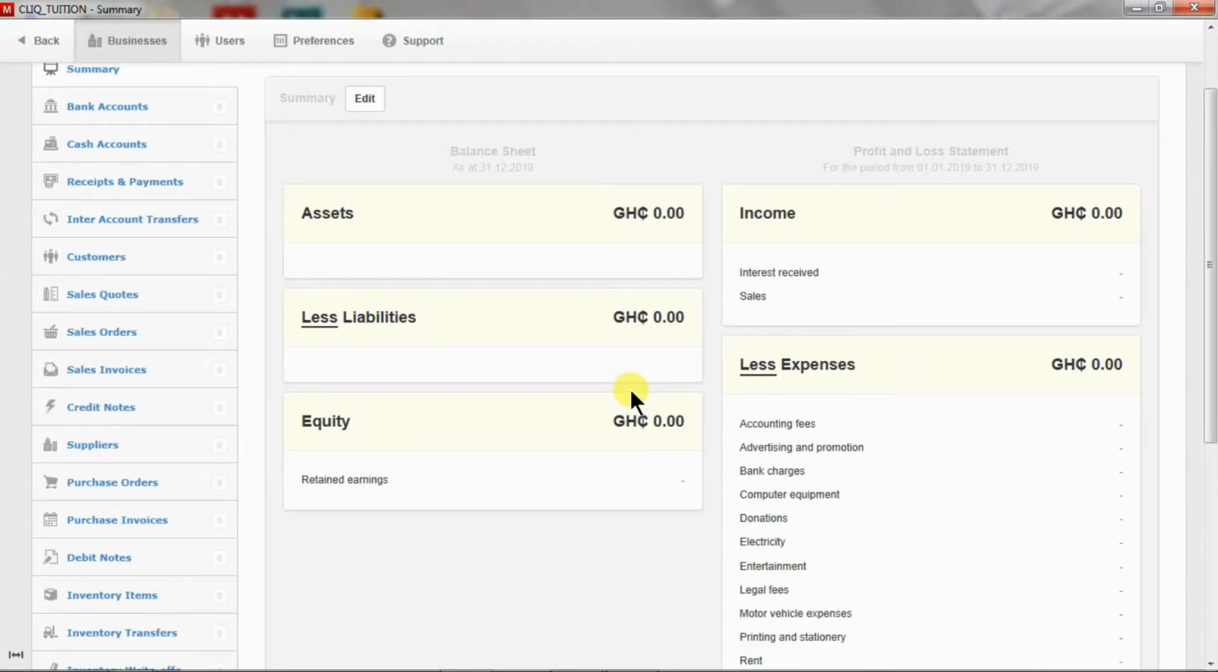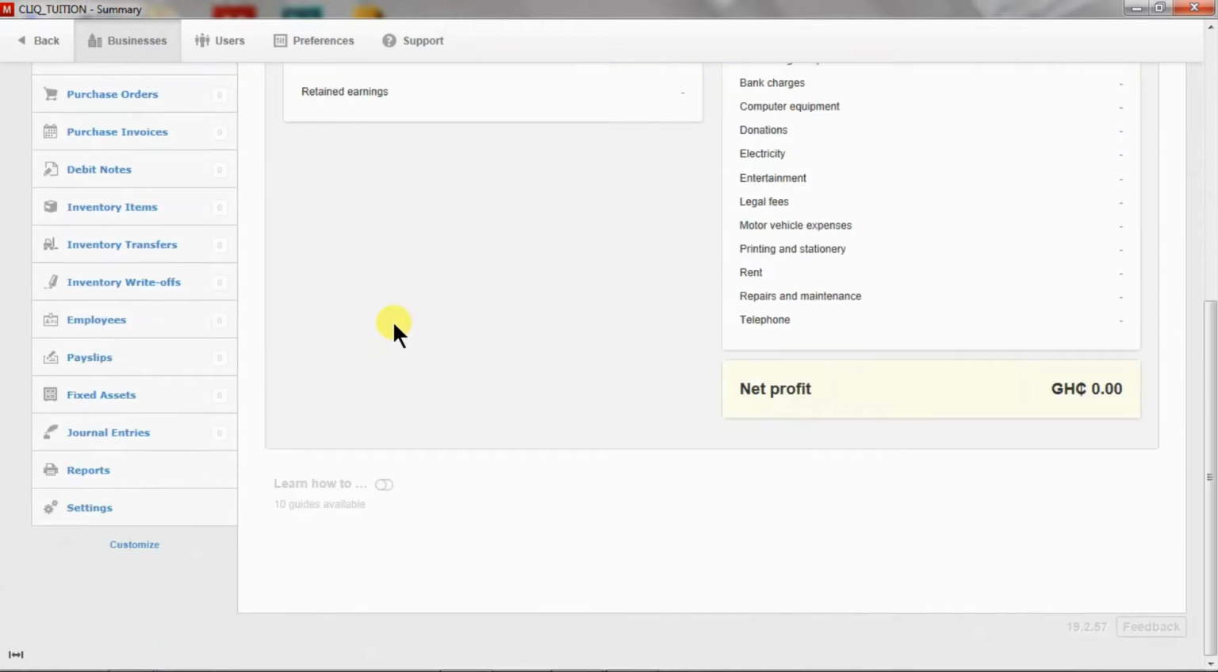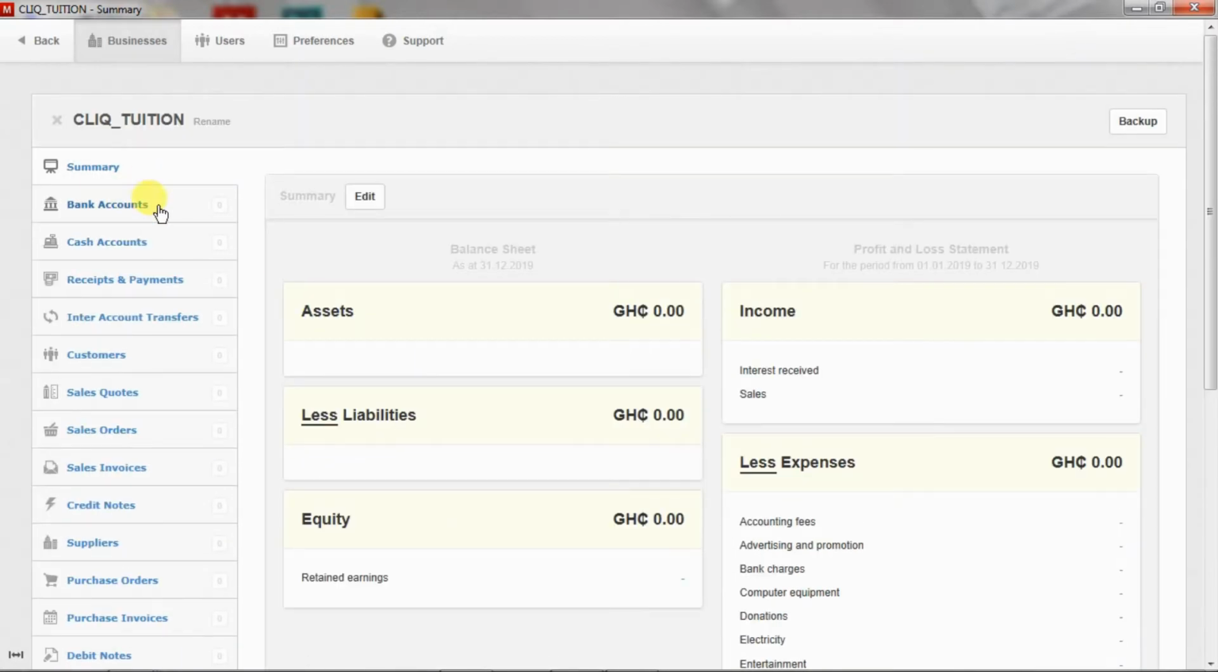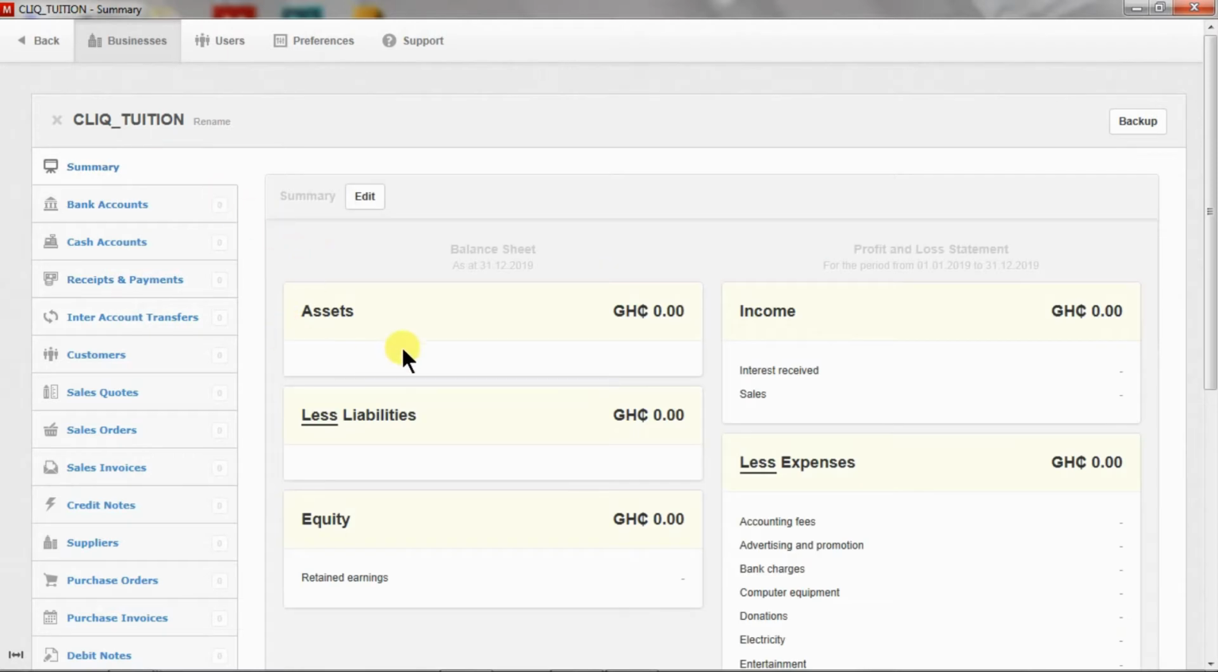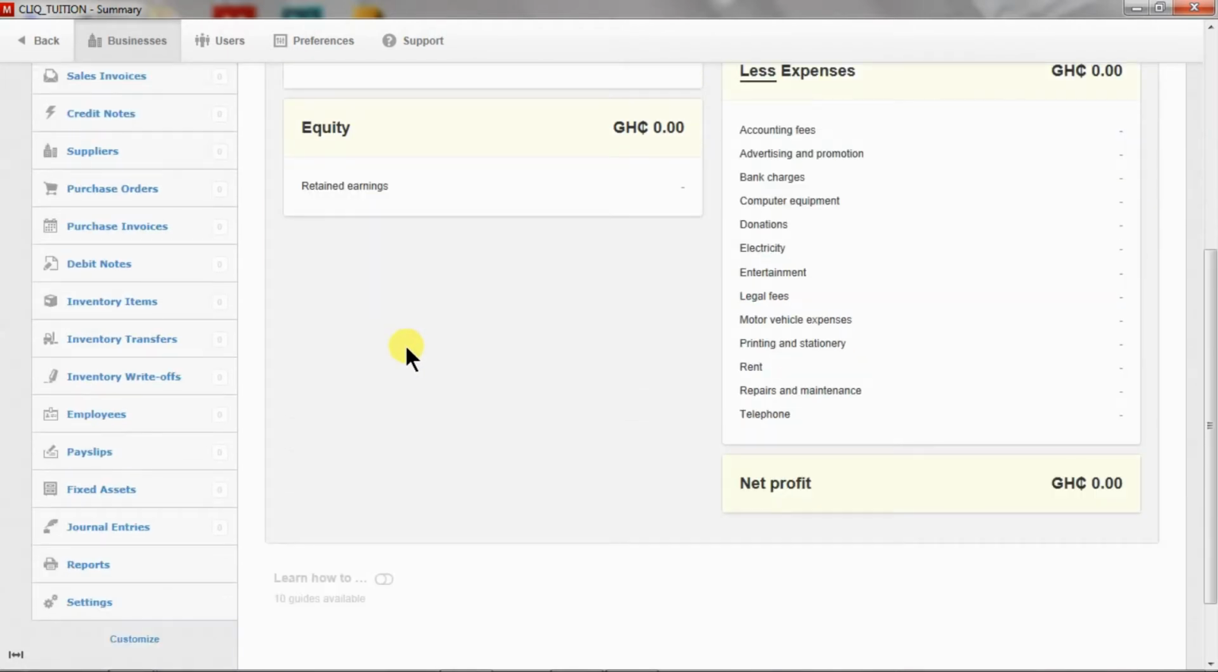Now we've activated our tabs and we can see that we have a whole lot of them activated here. We have bank accounts, cash accounts, receipts and payments, inter-account transfer. Majority of this I have explained in our previous video. Now we are going to start setting up